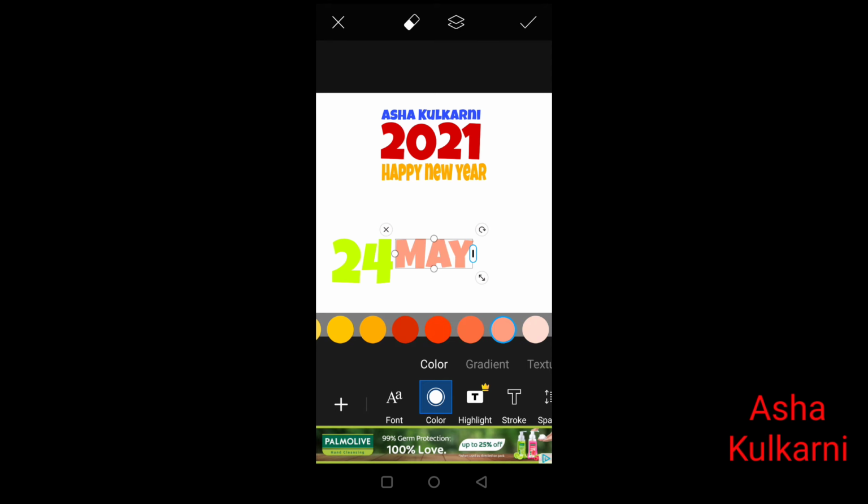Say I'm choosing different colors now. Any random basis you want, you can give stroke and all those things also. At present I'm not doing that. Outline and all that, if you want you can give. May is a little bigger, so on the double arrow I'm trying to decrease it and then place it where you want it. थोड़ा ऊपर लेके गई हूँ.